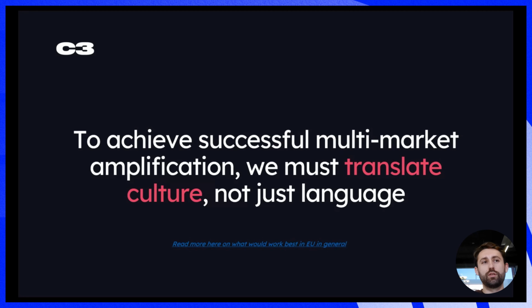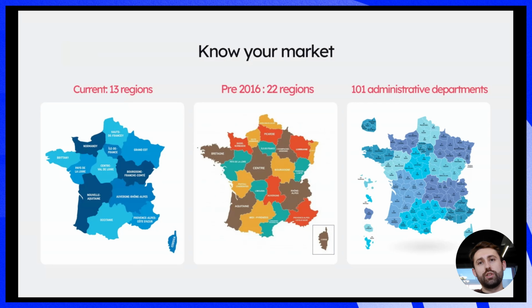We've got a whole lot of blogs on our website that talk about different markets. We've got Spain, Italy, France, etc., that you can have a look at. But I thought it would be good to show you what it means to know your market. If you put France, for example, in ChatGPT and ask it to get you the 13 regions of France, it'll just come up with these. But if you know the history, about 10 years ago we went from 22 regions to 13 regions. Merging those regions doesn't mean that the people merge their culture with the region next to them.